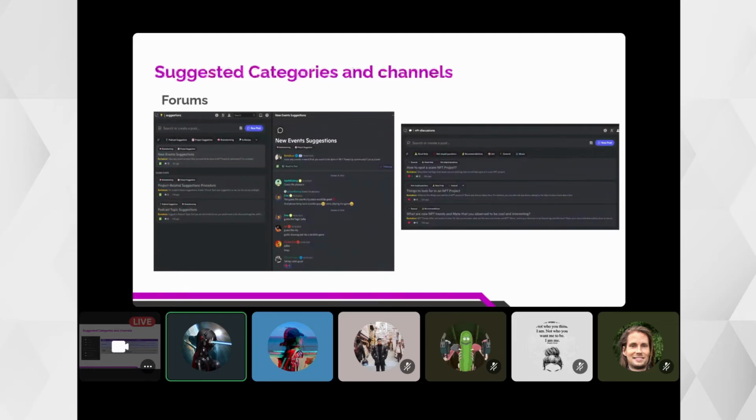And then for NFT discussion, some of the topics that I can suggest, for example, as an initial, are these forum topics for NFT discussion. So this can guide your community members. So how to spot a scam NFT project. So as basic as that. Things to look for in an NFT project. So here, people will share their thoughts and ideas about what are the things that they look for in an NFT project, to guide other members who are not so familiar yet with the world of NFTs, for example. And then here, what are the new NFT trends and meta that you observe to be cool and interesting?